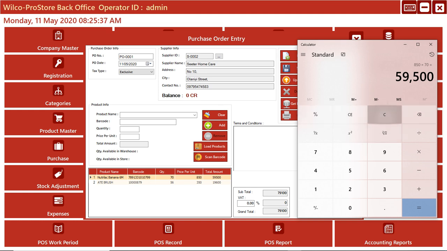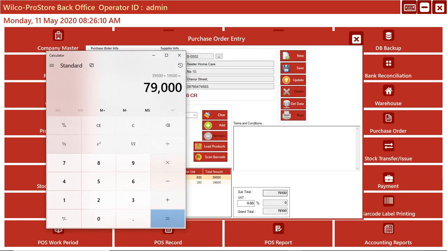In your own selling price to customer, this purchase price is 350 times 56, which is 19,600. Now if you add this together, let's see if the calculation is right before we proceed. Plus 19,500. Now 79,000. Now it's telling you that your subtotal and your grand total is this, because we didn't add any